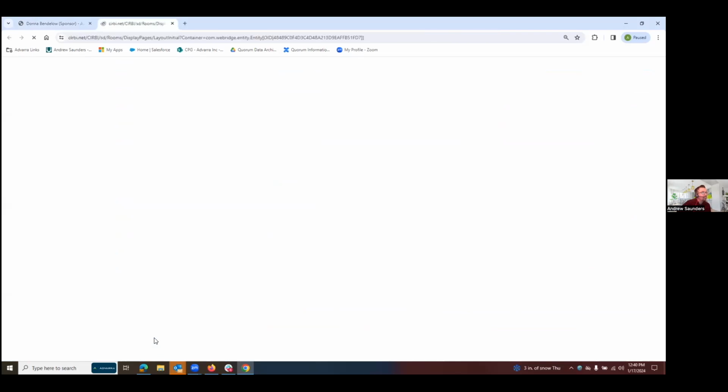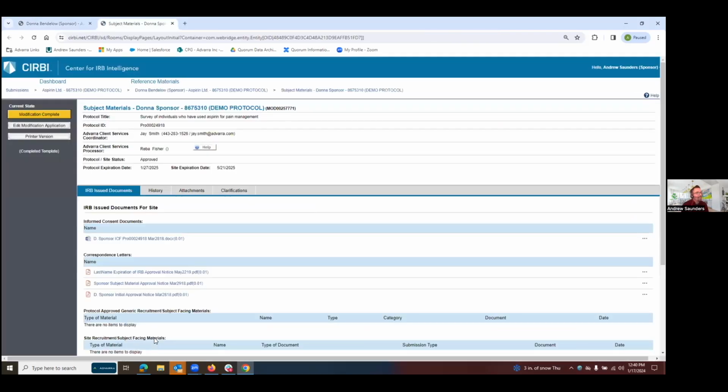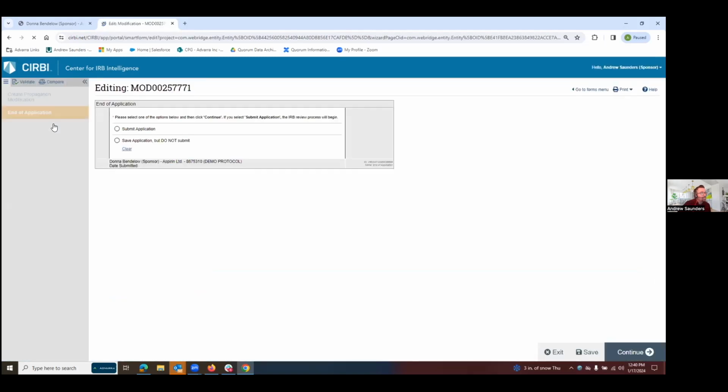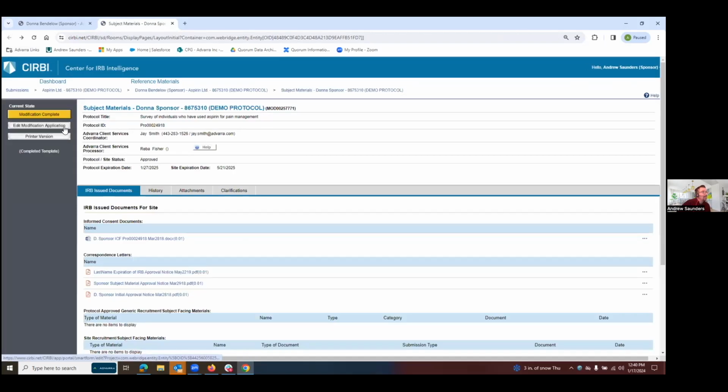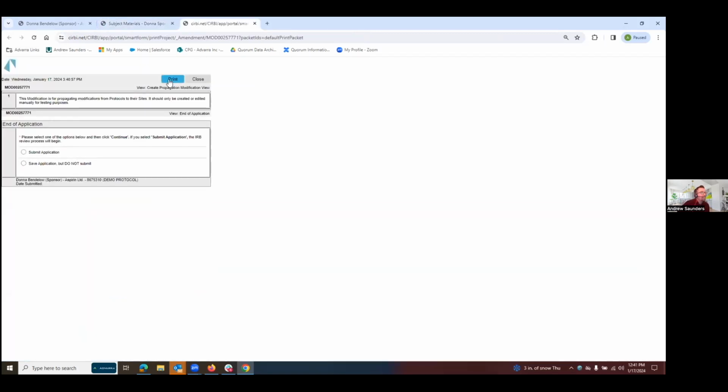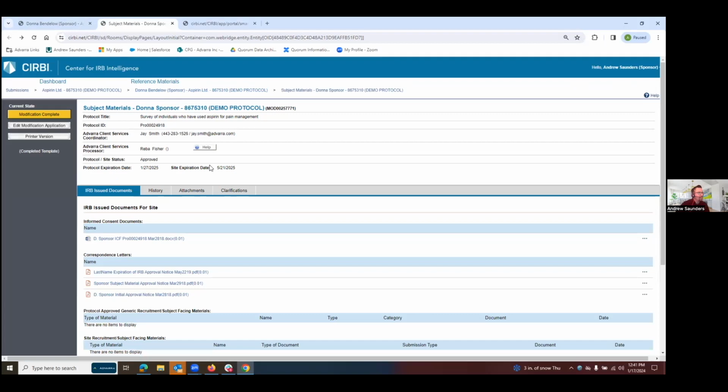We'll click on that. And the record for the modifications, as well as any other type of submission that you make for the study, will appear similar to the study record itself, but will be specific to the type of application you're making. So you can go in and view how you responded to any of those questions on the application by selecting the edit modification application. And if you want to save a copy of your applications, you can click the print version button here, and then it'll have another pop-up screen which will allow you to print the application and save it to your desktop. You can do the same thing with the investigator application, which I'll show you in just a second,